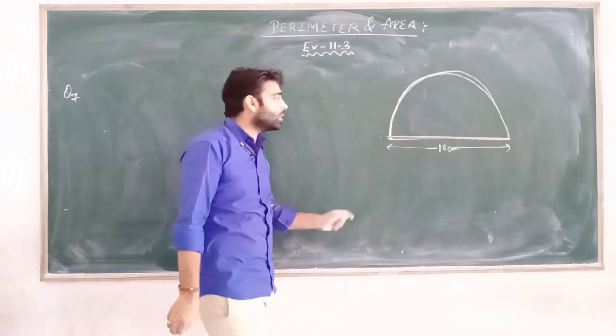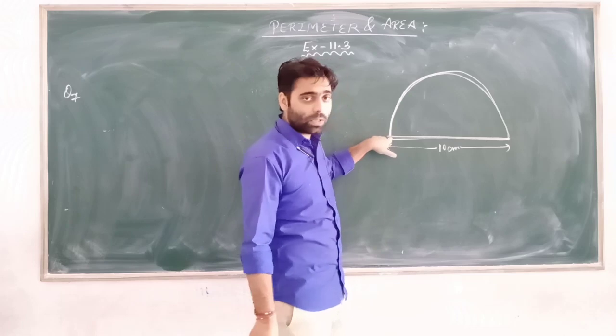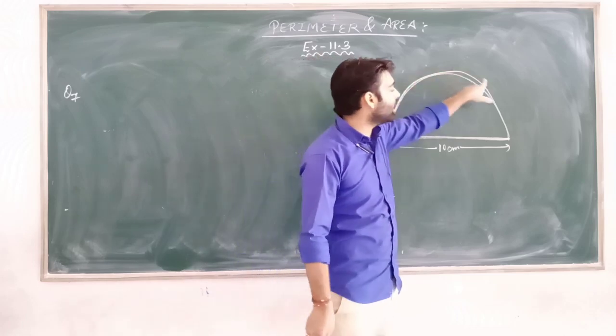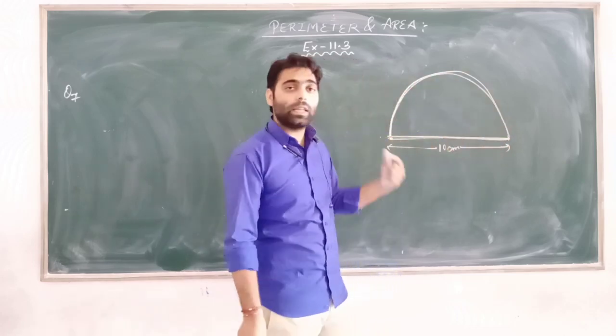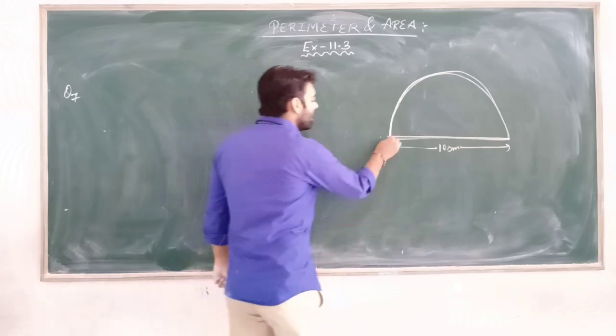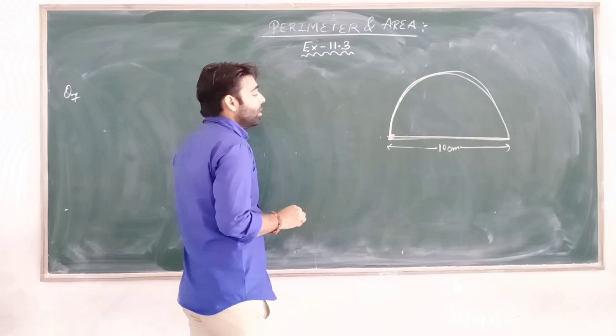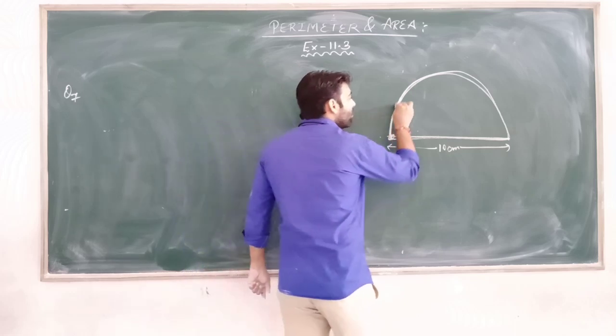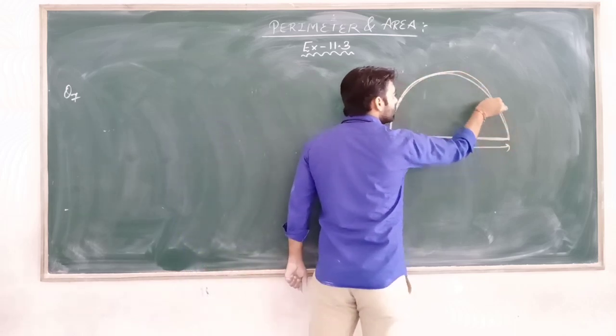Simple. पेरीमीटर क्या होता है? किसी भी फिगर के कोने पे खड़े हो जाना और उसके किनारे किनारे की बाउंड्री पे चलना और जो भी लेंथ आपने कवर किया वही पेरीमीटर होता है. Means this will be the length and this will be the perimeter. For that we have to calculate this value.